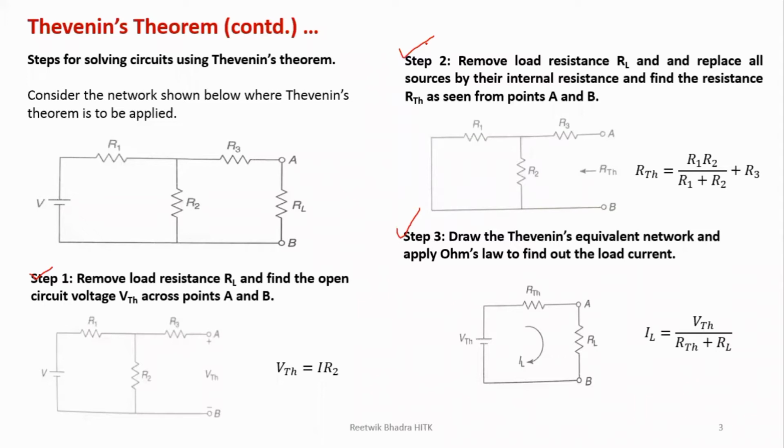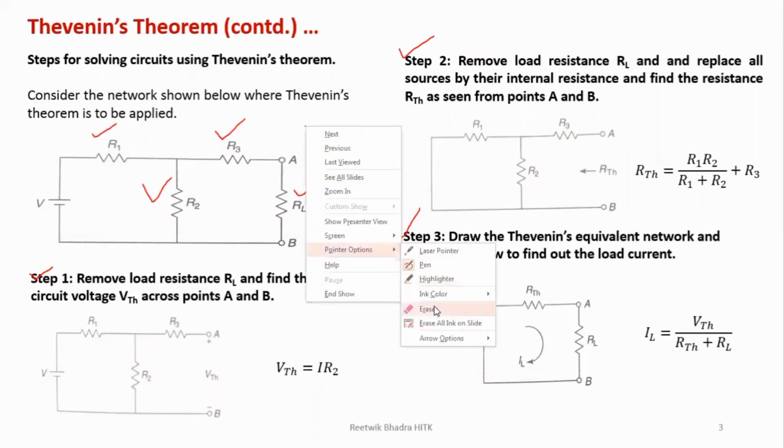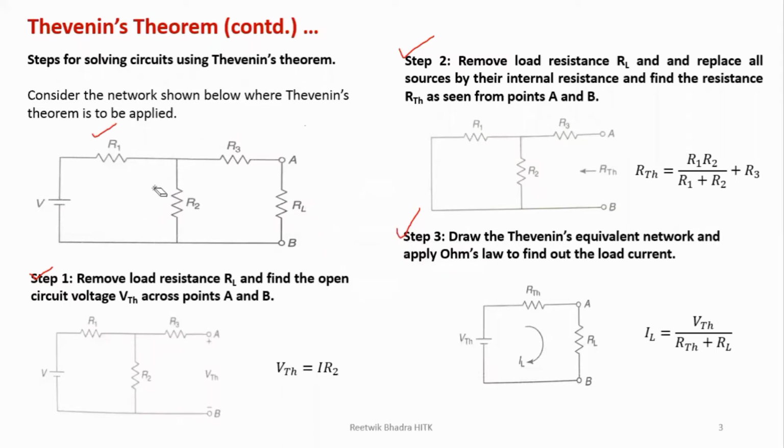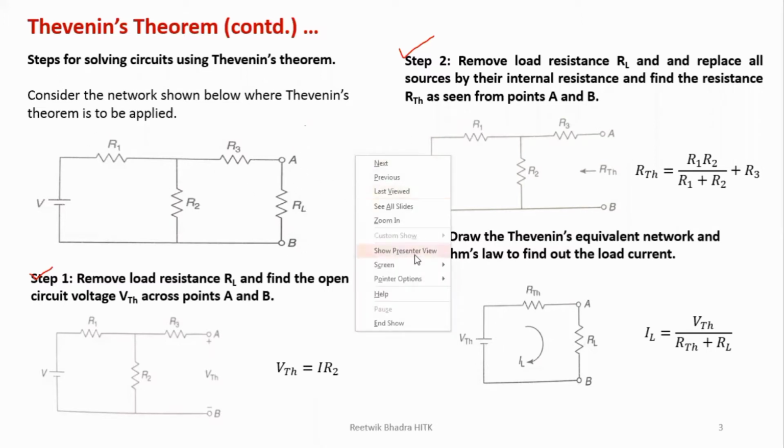We'll understand. In a question, a network will be given like this. Suppose this is a network as taken by me, and some load resistance will be given, RL. It may be placed over here. This one may be a load resistance. This one may be a load resistance. This one can be a load resistance. So it can differ. For my diagram, this is my load resistance, which is mentioned as RL between terminals A and B.